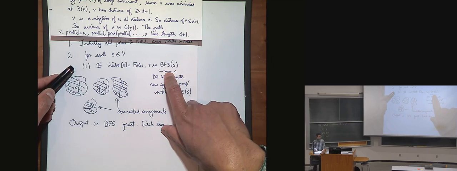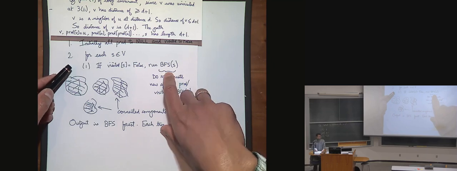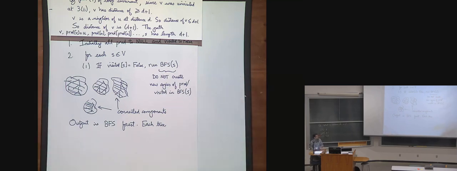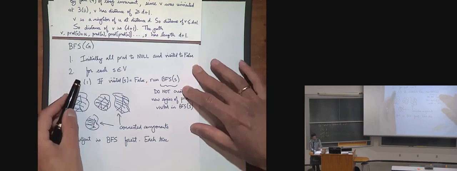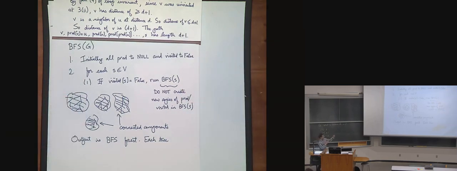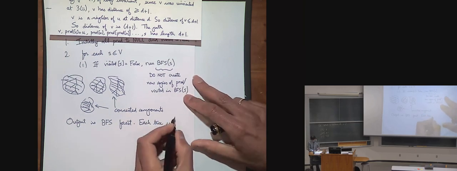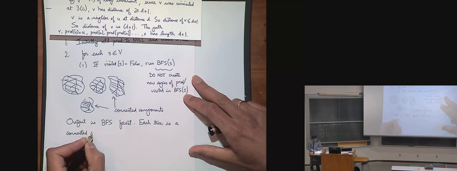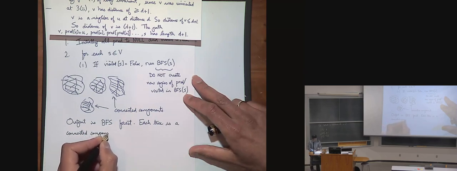Okay? And these are the implementation things you'll see when you write the code for it. So the code for BFS S and BFS G is actually not that different. It's just whether you're using predecessor and visited as a global or a local variable in each. So each tree is a connected component,